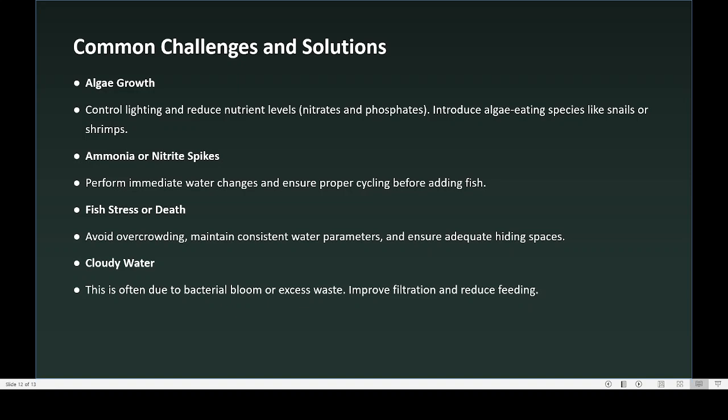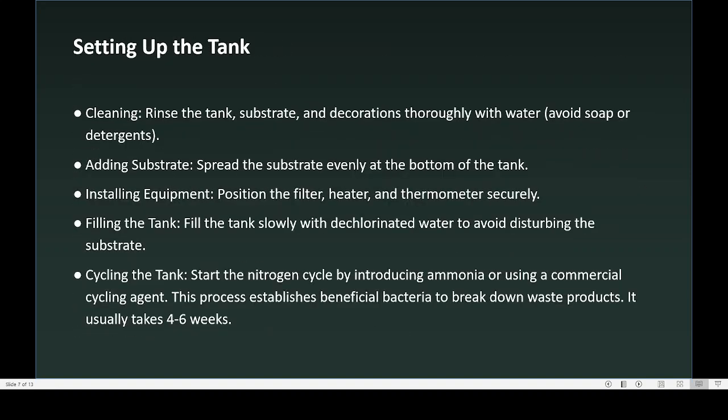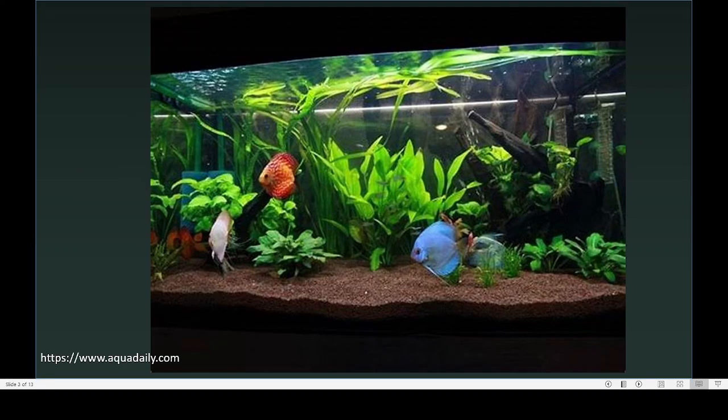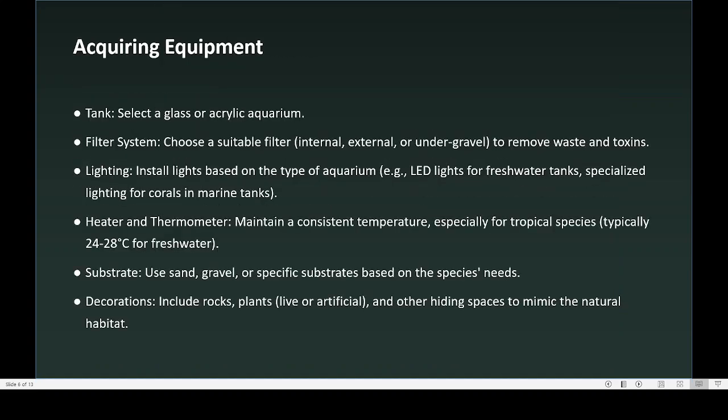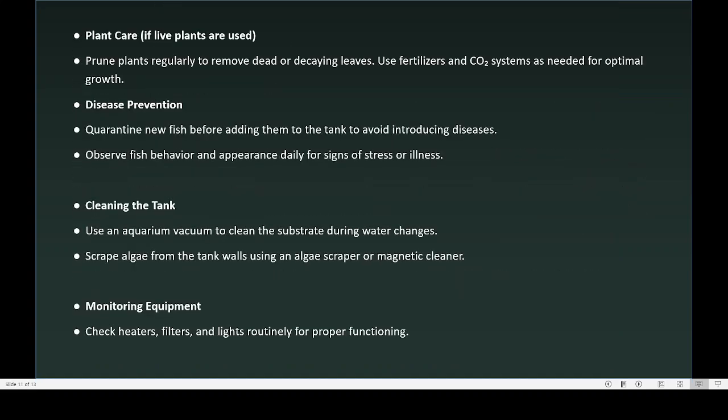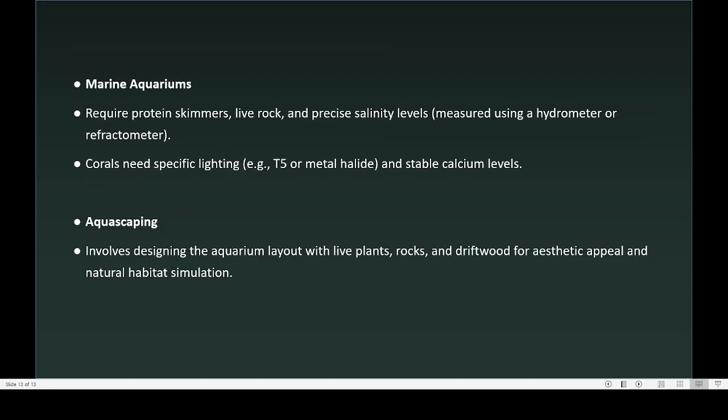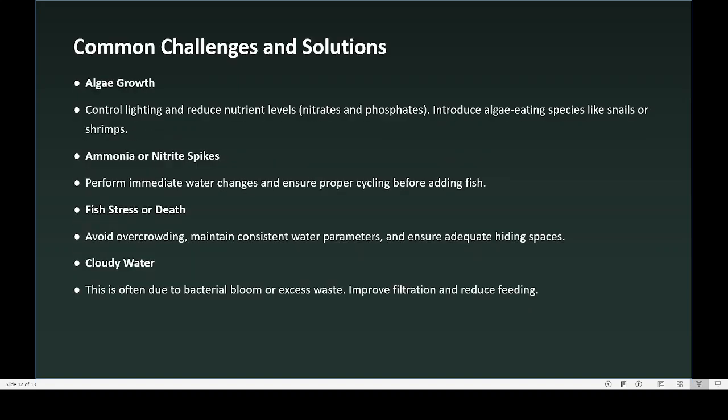space. See here you can see that fish is also an animal, they also need some kind of space. Here they have given some kind of wooden material. So the advantage is that the fish can go below that and hide below it. So it also needs some kind of nesting space. Then only the fish will be able to live in a natural environment. So the importance of the aquarium is that it mimics a